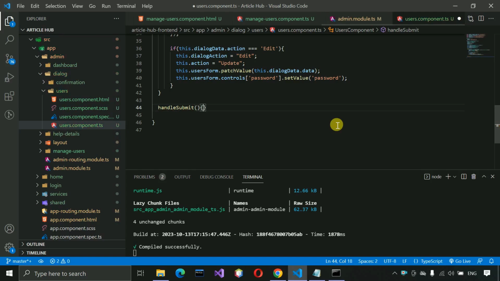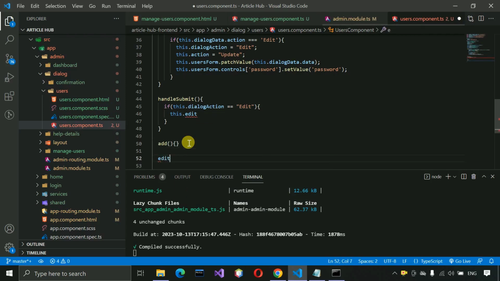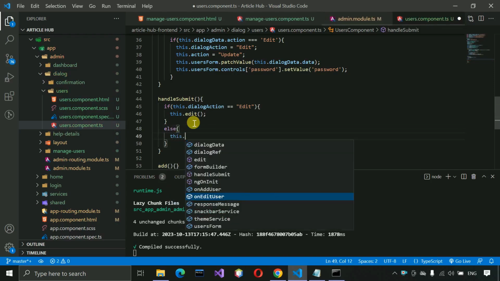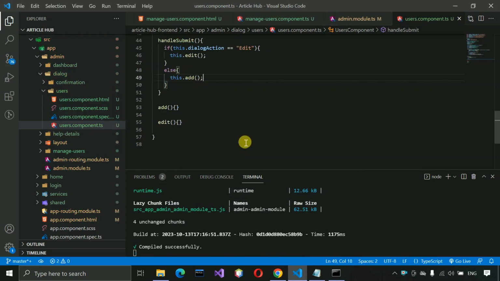and in this one, if this.dialogAction is equal to edit, in that case this.edit method we need to call. We did not create any method with the name edit, so I'm going to add the method over here, edit, and this.edit method will be called, and in the else condition this.add method we need to call, and save this. After that, here we need to write the code